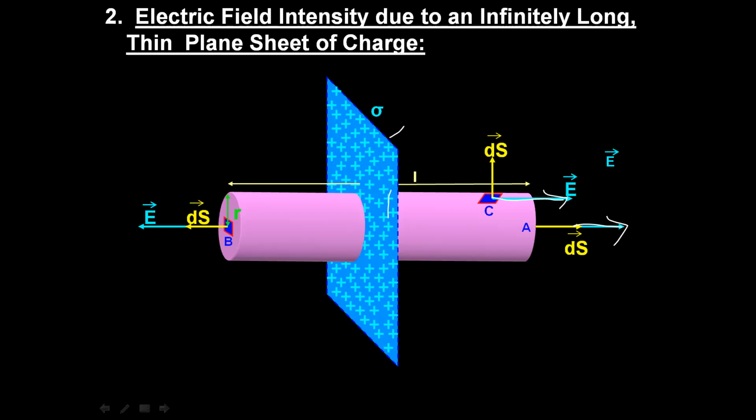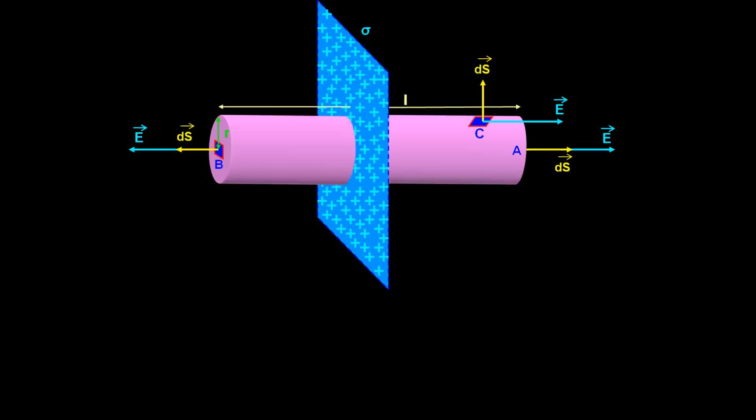After the diagram, we are now ready to do our derivation. We can use Gauss theorem to do the derivation of this. What is the mathematical expression of Gauss theorem? It is nothing but phi E is equal to surface integral E dot ds. Now, our Gaussian surface, which is the cylinder, is being split into three area segments, right? A, B, and C. The same way, the integral also can be split into three different integrals.